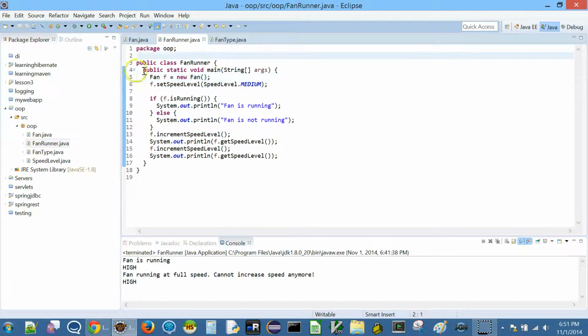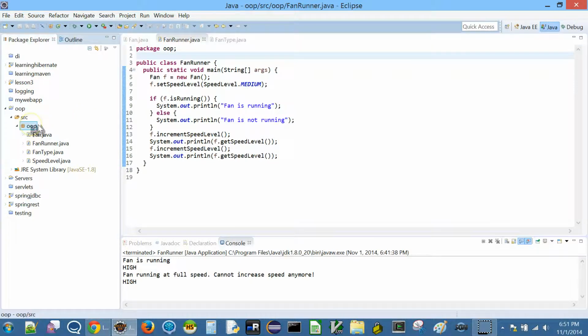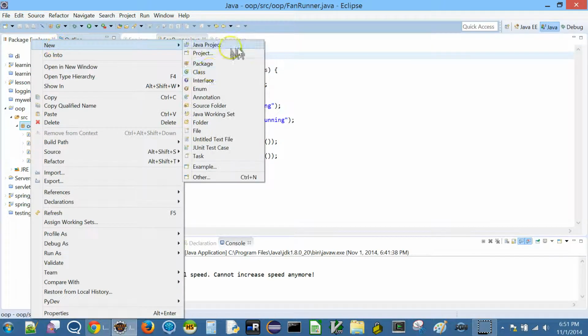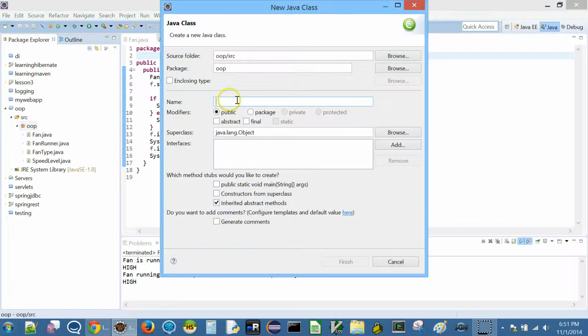Now what we do is we are going to define new classes. So I'm going to create a new class called oscillating fan. See here, when we create a class in Java, it asks what is the name of the class, and after that it says who is the superclass.